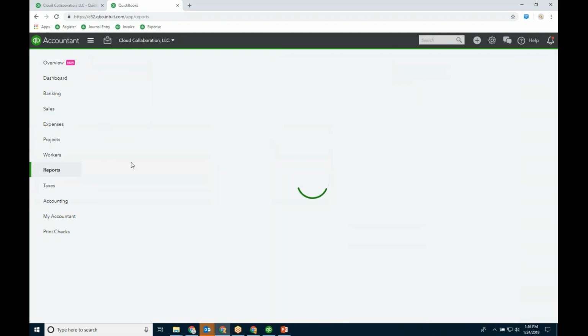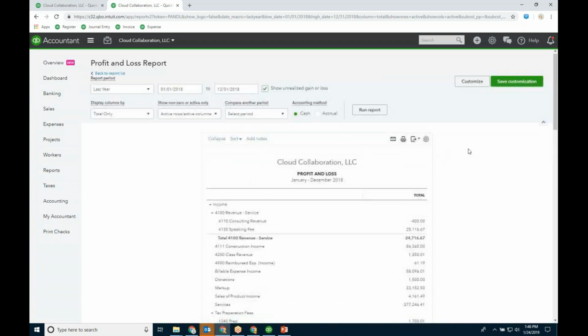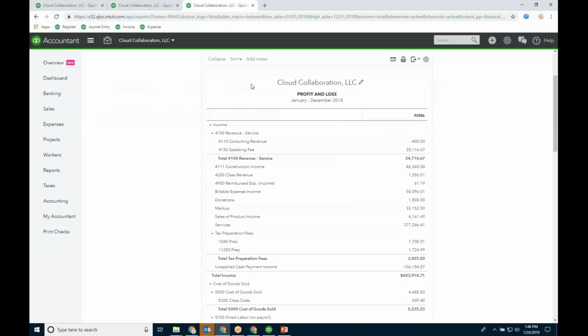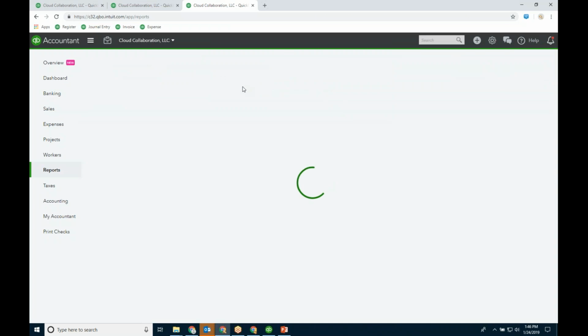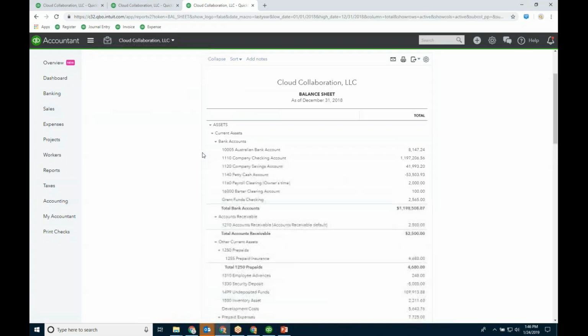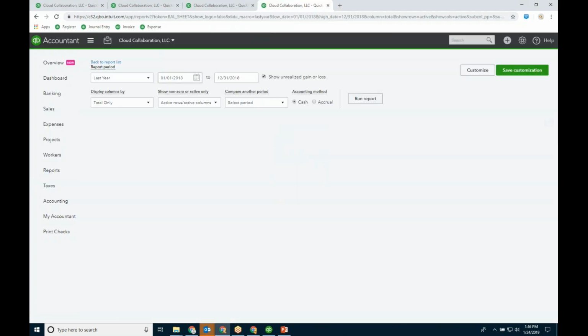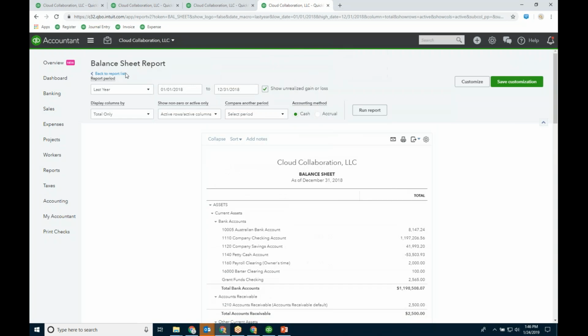And now I can go to reports. And when I run a P&L, we'll go over reporting, all the buckets. It defaults to last year cash basis. So your company financial summary reports will default to that. You just right click, duplicate. Now I can do the balance sheet, right? Let me do one more. The report list itself,